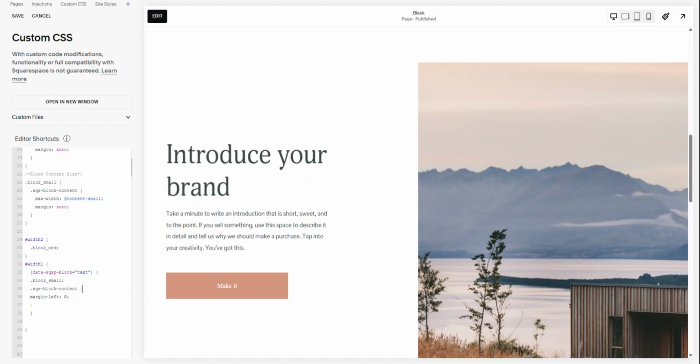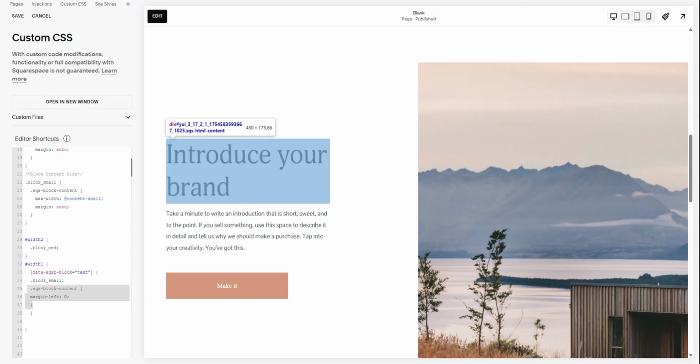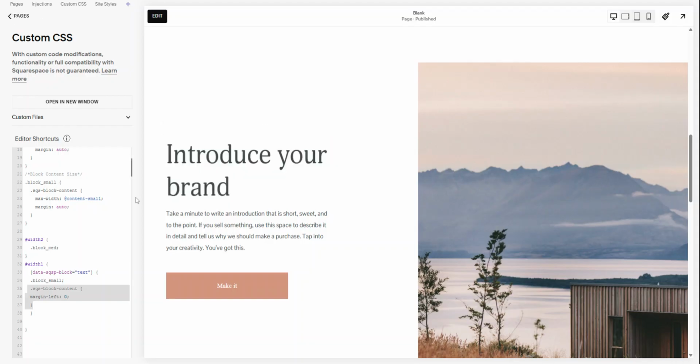And then I've been lazy and I've just nested it, and I've just said, and also they should have a margin left on their SQS, but on their content. And you can kind of see that in action. If I bust open the inspector, you can see there's the block, and then there's the size of the content alongside the margin. I personally find this is really useful, and it can be a fantastic time saver